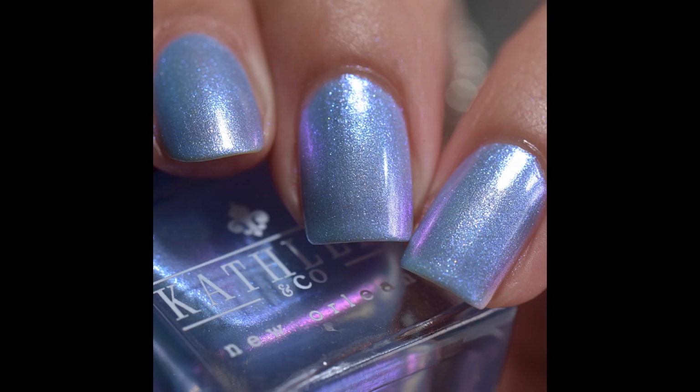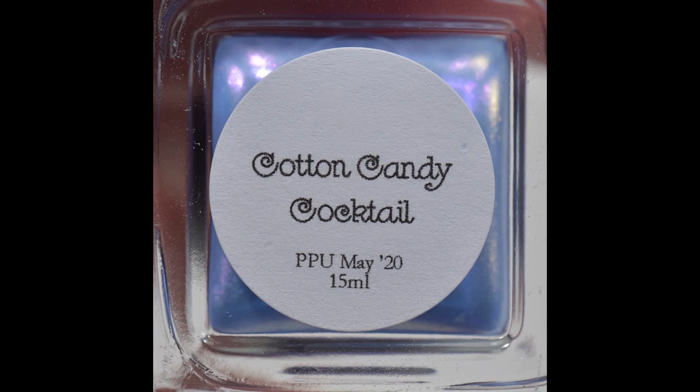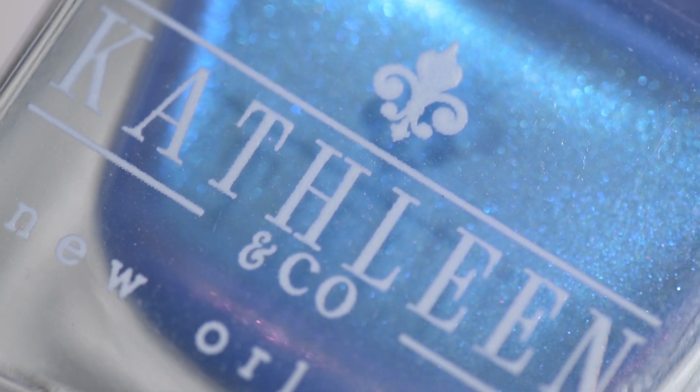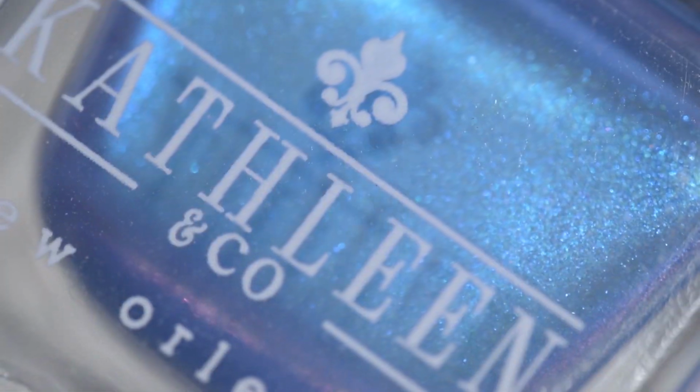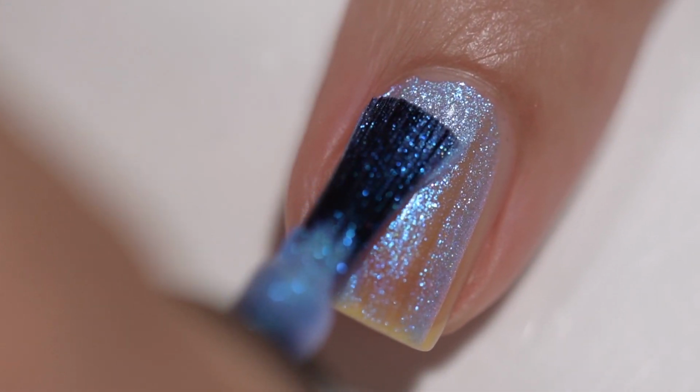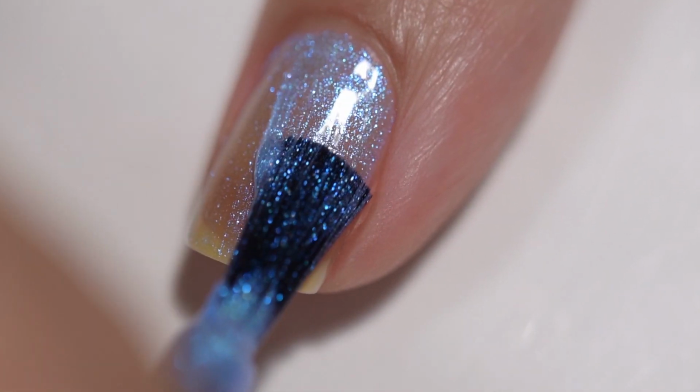The next polish that we're going to have a look at is from Kathleen Co. And this is Cotton Candy Cocktail. It's going to sell for $12. Comes in a 15 milliliter bottle. There will be 290 bottles available in the US and 10 in the UK. It was inspired by cocktails, topped off with fluffy, sugary cotton candy. And it is described as a light blue base with glowy shimmer that shifts from blue to pink to orange